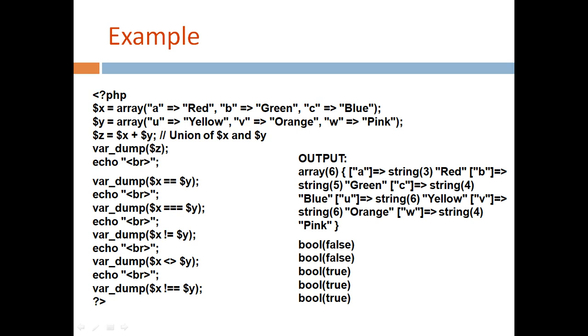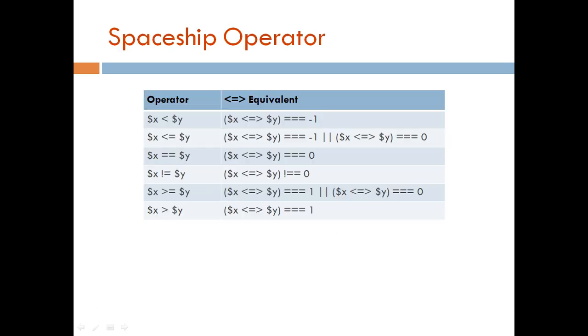These two operators are actually the same. You can use either this operator or this one. Both are the same. Next, this is a special case. We have one more addition called the spaceship operator. This has been introduced with PHP 7 and it is used to compare values, but instead of returning a Boolean result, it returns integer values. So that is the speciality of this spaceship operator.